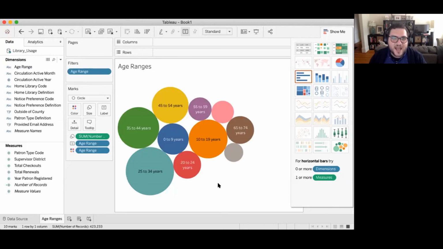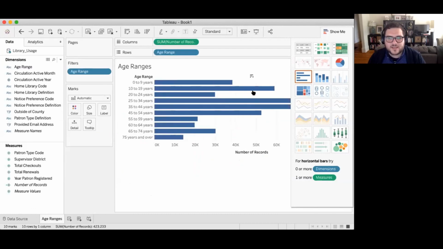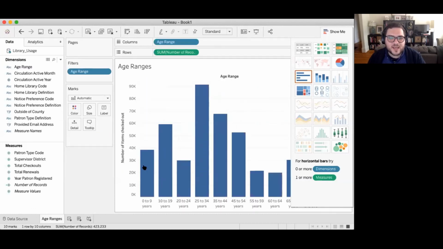It's cool to look at, and each of the bubbles, the size of the bubble represents how many items were checked out comparatively. But it's really hard to compare the different categories because it sorts them in a little bit of a weird way. And visually, it's hard to compare them one against the other. So when you're comparing quantitative data like this, I think a great way is to show it in a chart